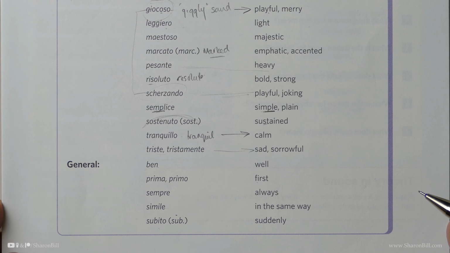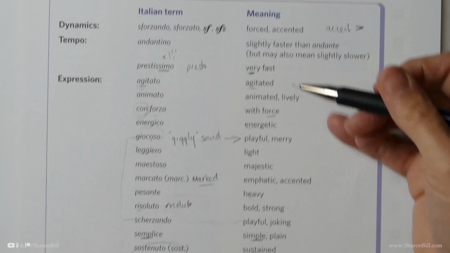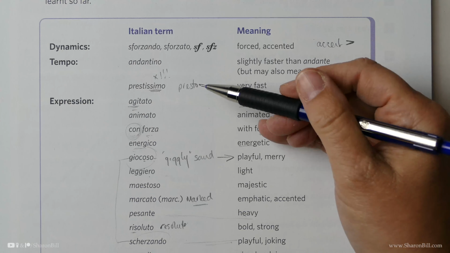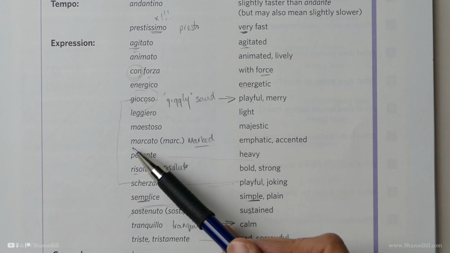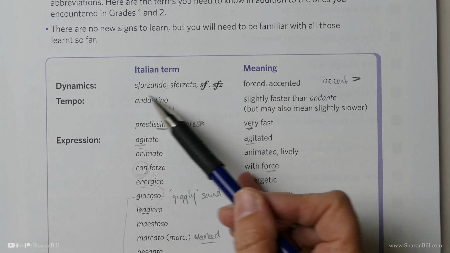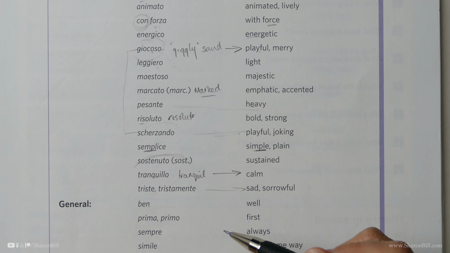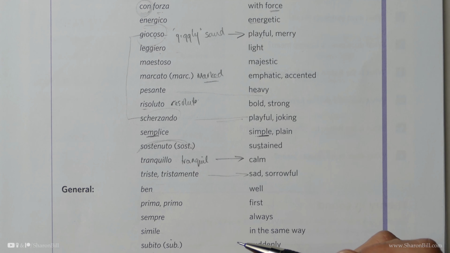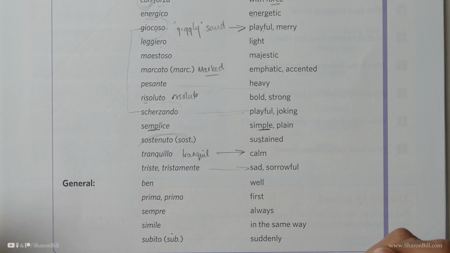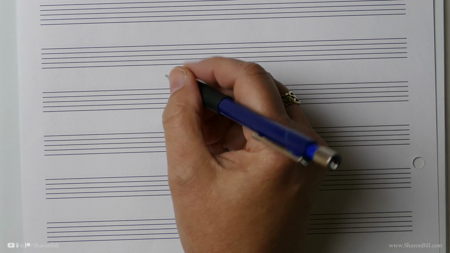Do go ahead and revise it, cover it over, test yourself, group it thematically with all of the previous grades so that you'll have different sections. So you could put marcato with sforzando maybe, or whatever best makes sense to you, colour code it, grab in friends or family members to test you, to help you to revise and play those word games. If I just grab a scrap of paper here, where you choose a word,